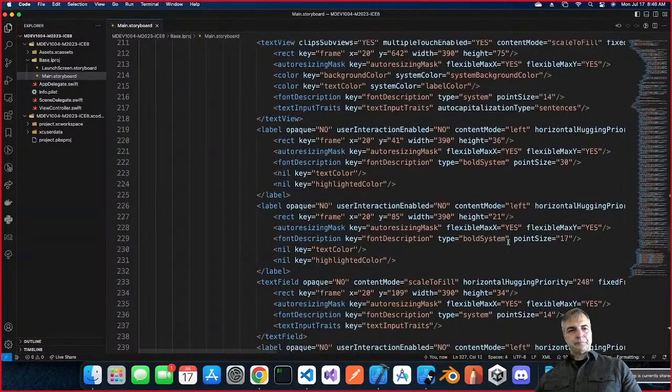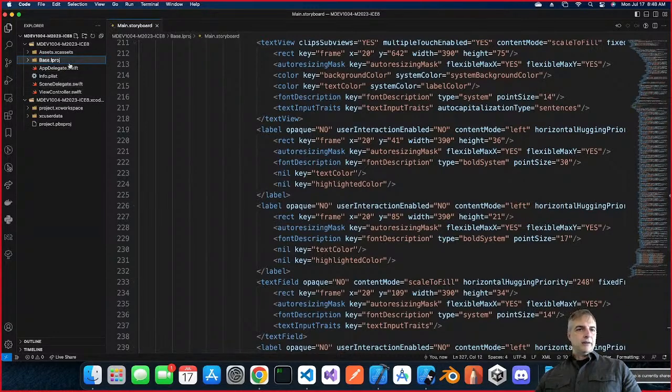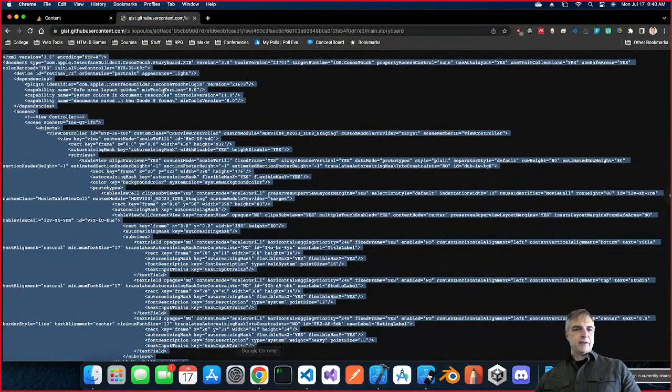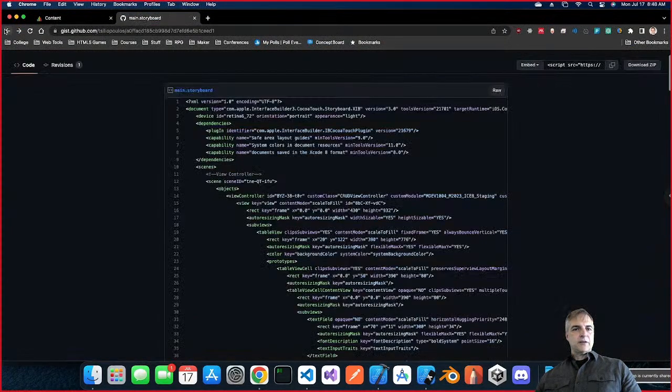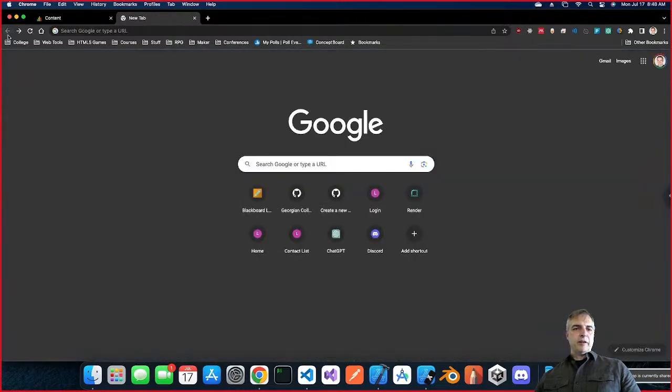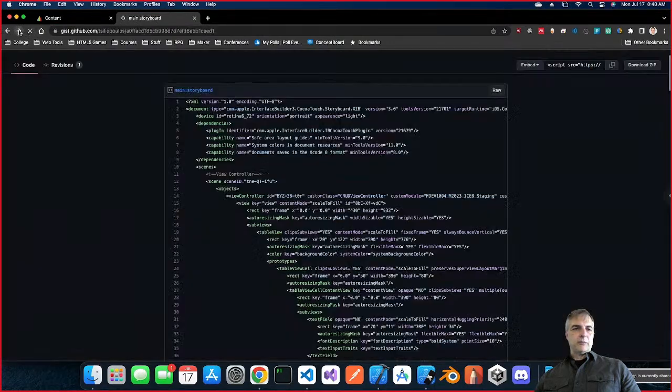Okay, that's number one. Next, we're going to build our project right from Visual Studio Code. Notice that there are a few Swift files here, right? If I go back to the gist just for a second, you can see that it's the main storyboard, but there's also a way of downloading the zip or embedding the script or doing all this other stuff, right? But what we really want to do is, if I go back, I'm just going to look at